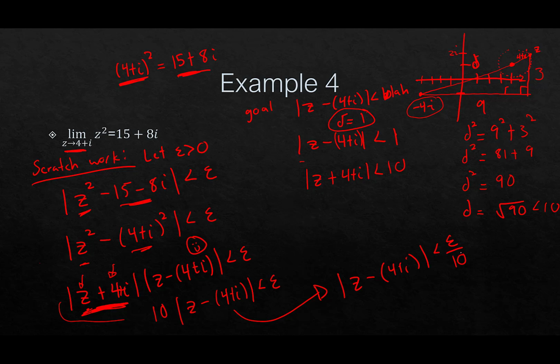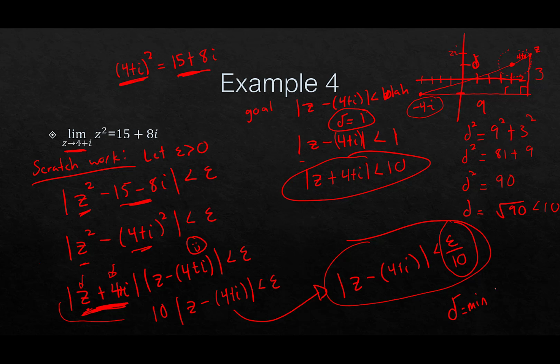Now again, like we did in the other example, we have a conundrum. What do we let delta be? Because we have two candidates. We have 1, which gave us this inequality here, and we have epsilon over 10, which gives us this inequality. So to make sure that both inequalities hold, we do the same trick as last time. Let delta be the minimum of 1 and epsilon over 10. That's going to ensure that this absolute value here is less than 10 and this absolute value here is less than epsilon over 10. And that'll help us actually prove this.